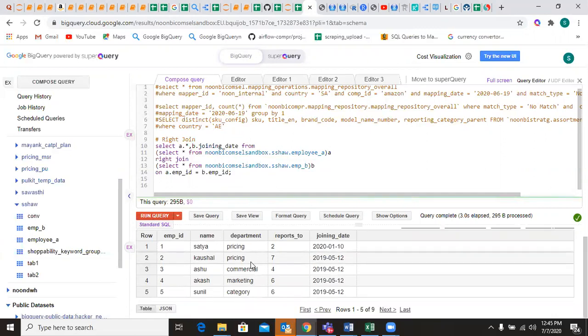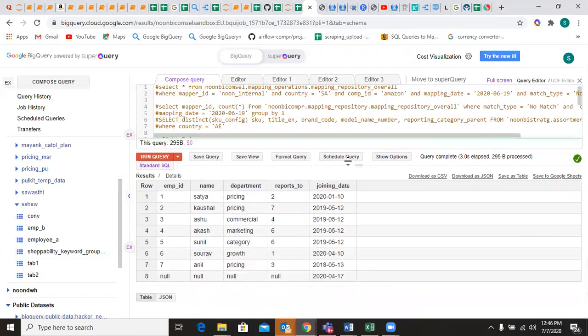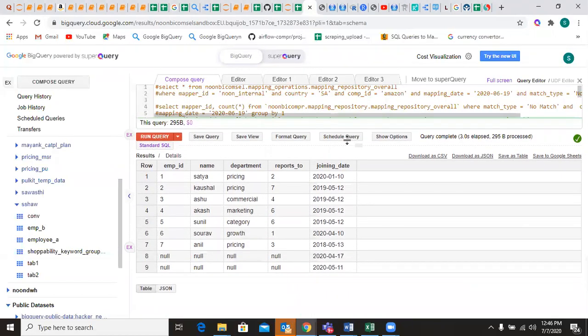So now you see my set of observations. How many observations? Earlier we had 7 in case of left join. Now over here it is 9. So these 2, if you are seeing, see all the joining dates present in the right table, all the 9 observations came over here, and the matching fields we got for 7 in the left table. So it extracted the 7. For the remaining 2 fields, after employee ID 7, we don't have anything in table A. For that we got the null value.